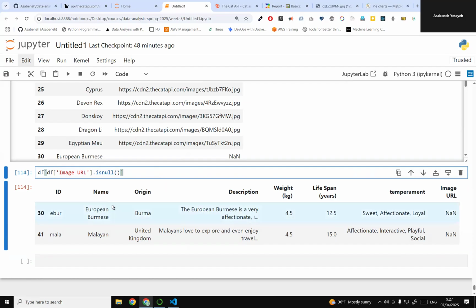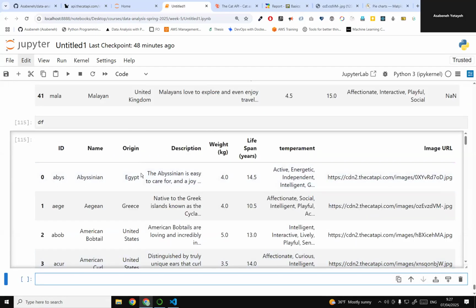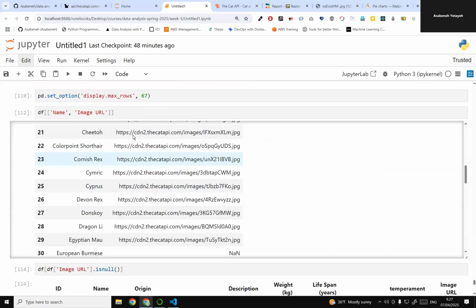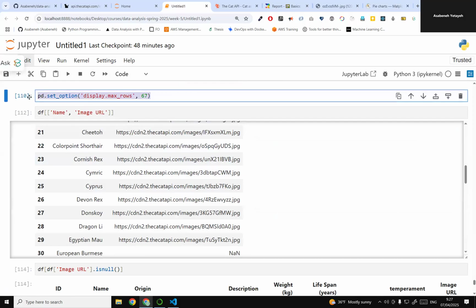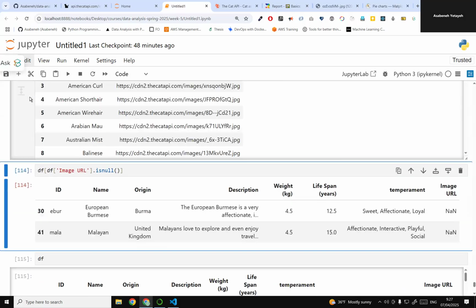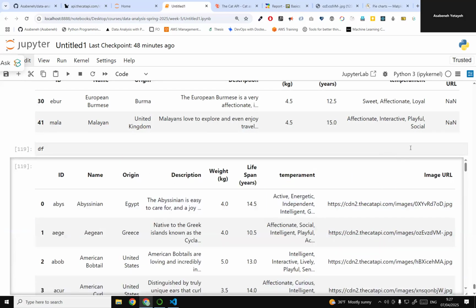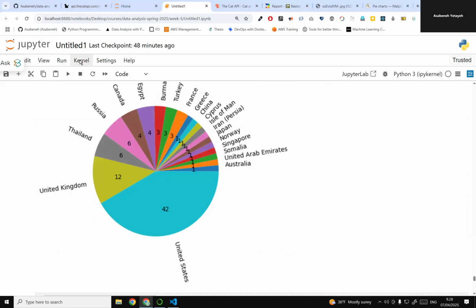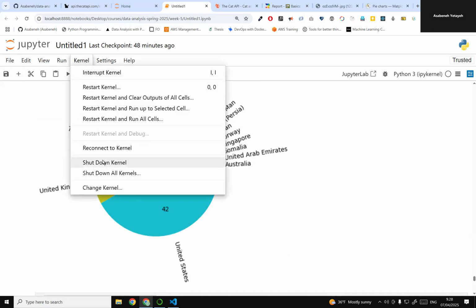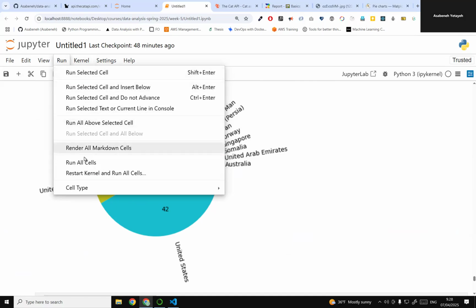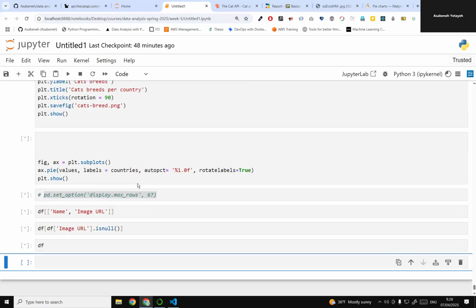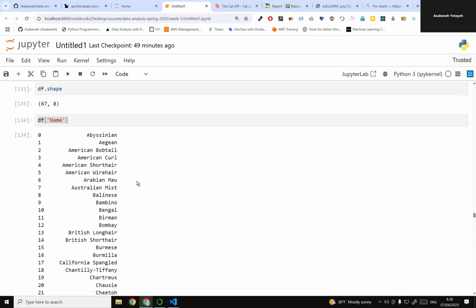Okay, good. Maybe we can keep filtering out. Our df is here now. Everything is just displayed, and it's a bit boring. I don't want to do that everywhere. Maybe I just want to run from top to bottom. Whenever you want to run it from top to bottom, you can say run, and run all cells, and then you get, well,